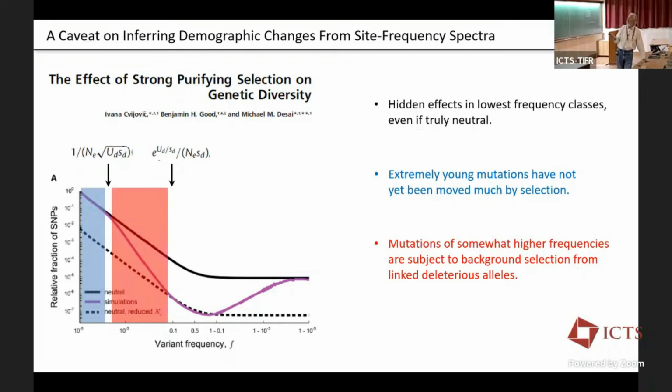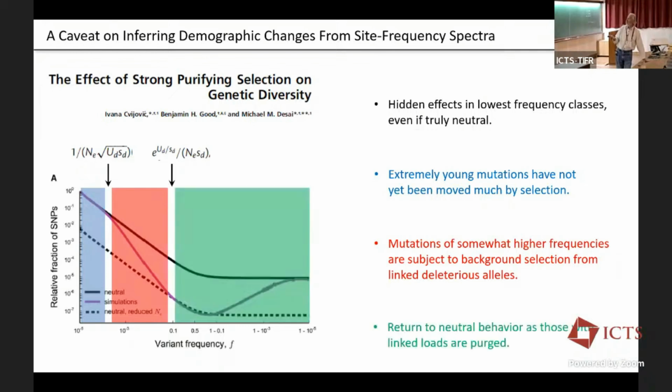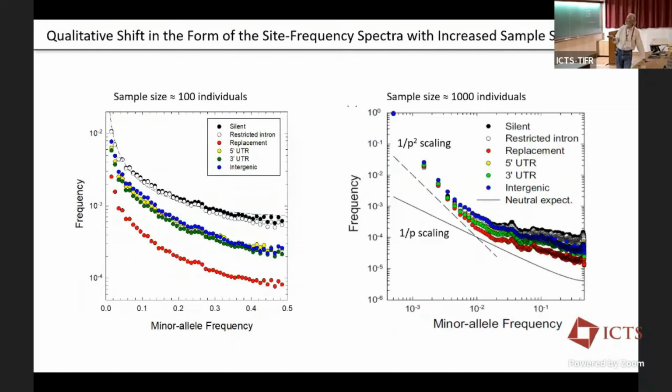So we have rough estimates of big U and S for Daphnia. And this is a point I wanted to make: out here would be that third phase, a return to something like the normal scaling for neutral alleles. This is that second phase. And then the expectation is this would eventually go back to a scaling like this. It's going to take us a lot more sequencing to get down here, but that would be the prediction.